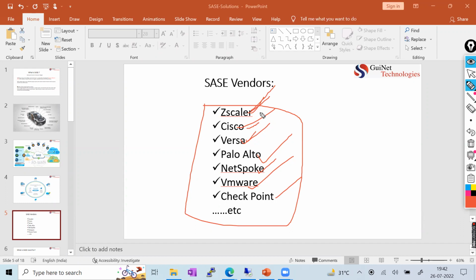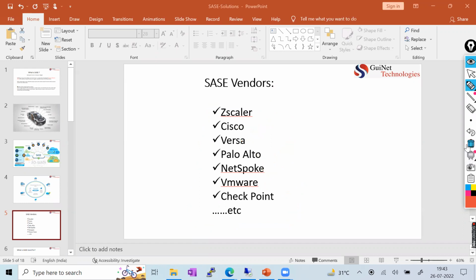Someone has very advanced features, someone has fewer features, someone is very costly, or the feature suitable for your network might not be available, or the cost is so high that you're not able to pay it. So based on your need, your network requirement, and your financial status, you can choose any vendor, but the end goal is the same: they are all SASE vendors, right? They are just going to provide a SASE solution for your network.